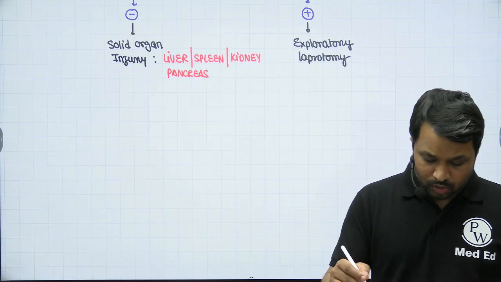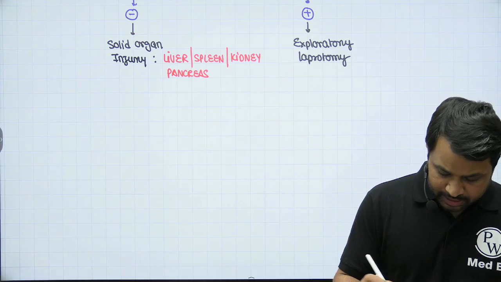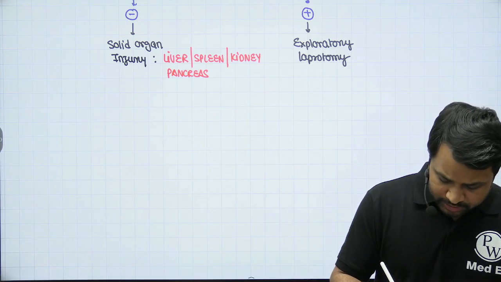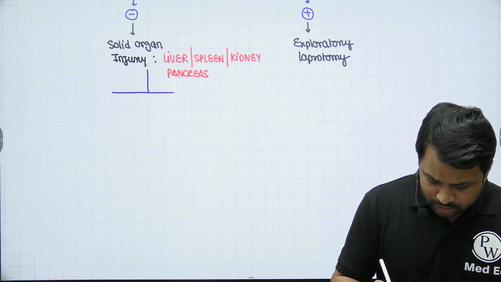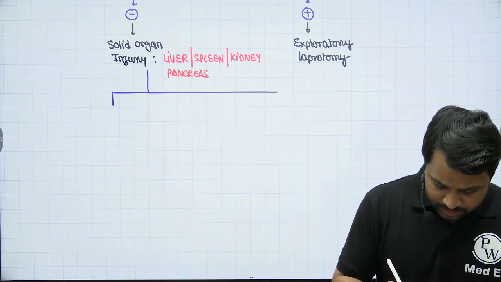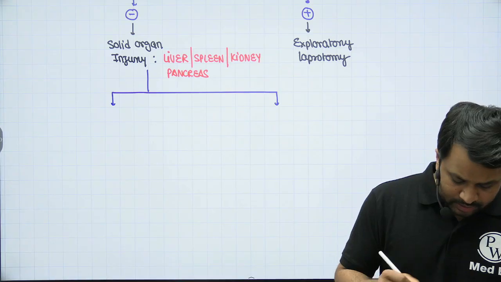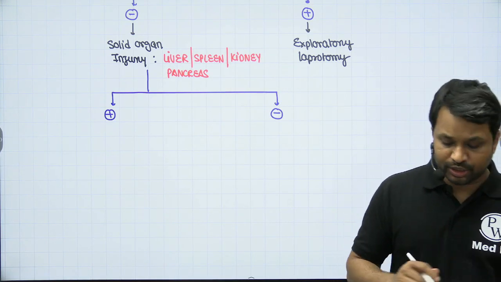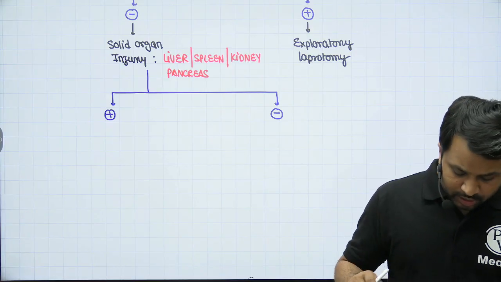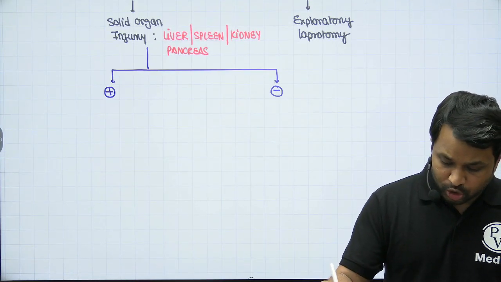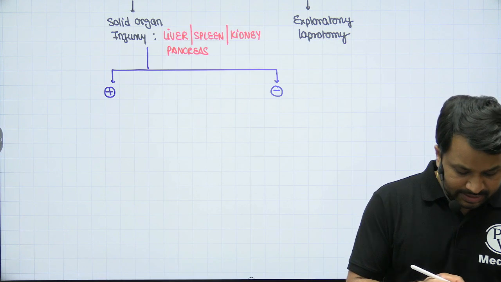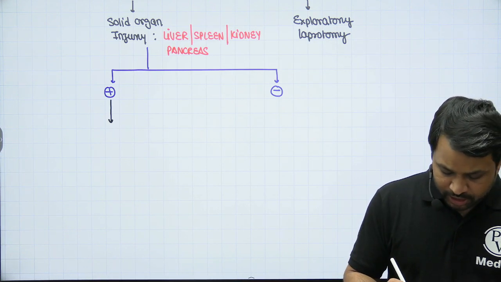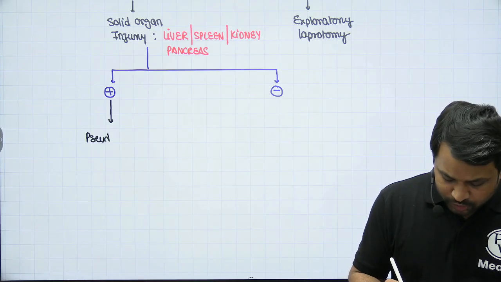right? Now, when you look at the solid organ injury, I can have two objectives here on a CT. Either the solid organ injury is present or the solid organ injury is absent. So I can have two possible scenarios: presence of solid organ injury, absence of solid organ injury. Now, if it is presence of solid organ injury, I would look on a contrast imaging that is there any pseudo aneurysm. If there's presence of a solid organ injury, you would look for presence of pseudo aneurysm.